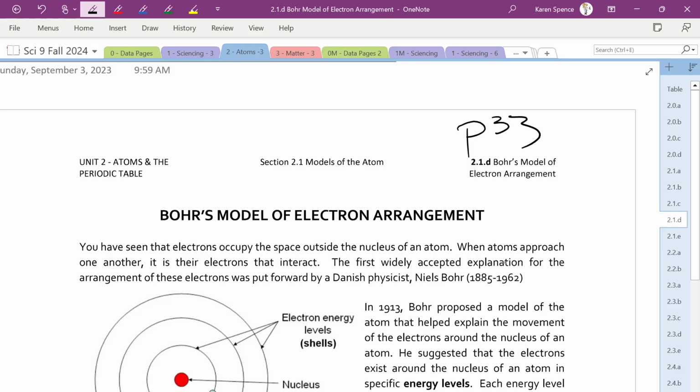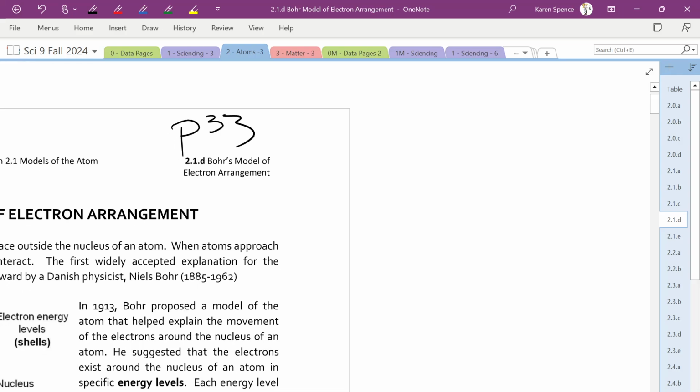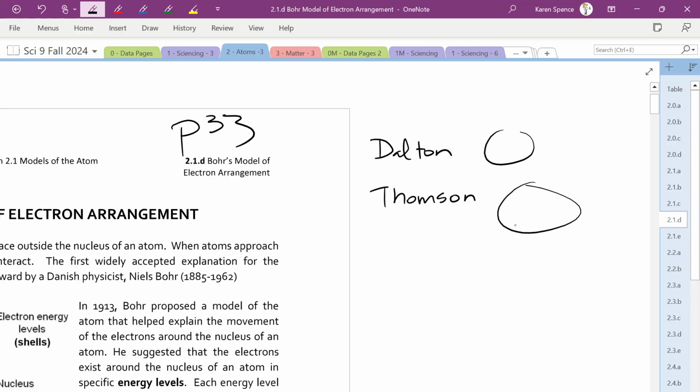So, who is the model before Bohr? Rutherford. Okay, so there was Dalton, who did the billiard ball. There was Thomson, who discovered, what particle did Thomson discover? The electron. And then everything else was positive. And then we had Rutherford,